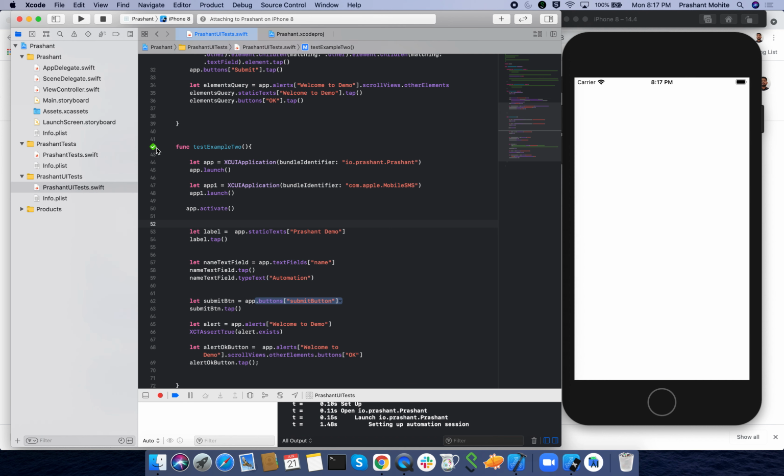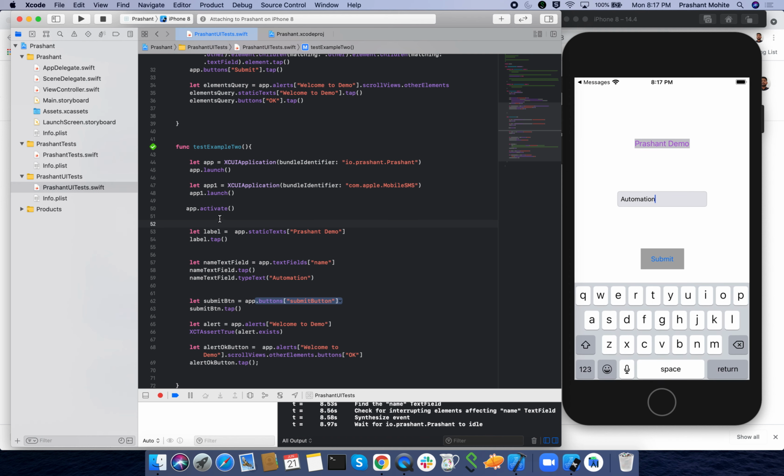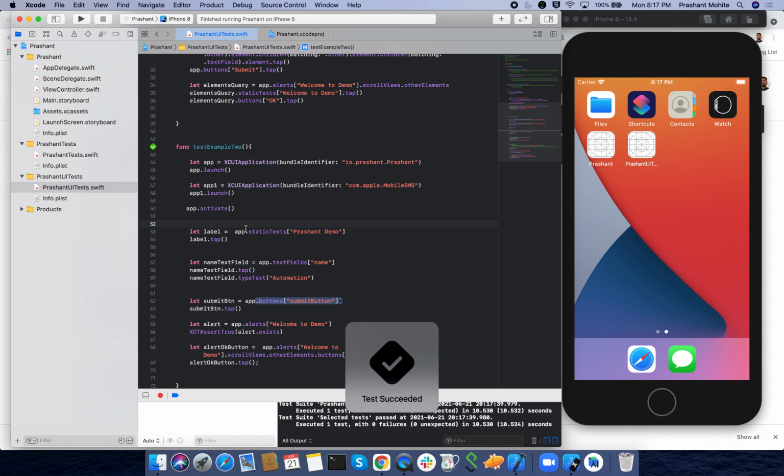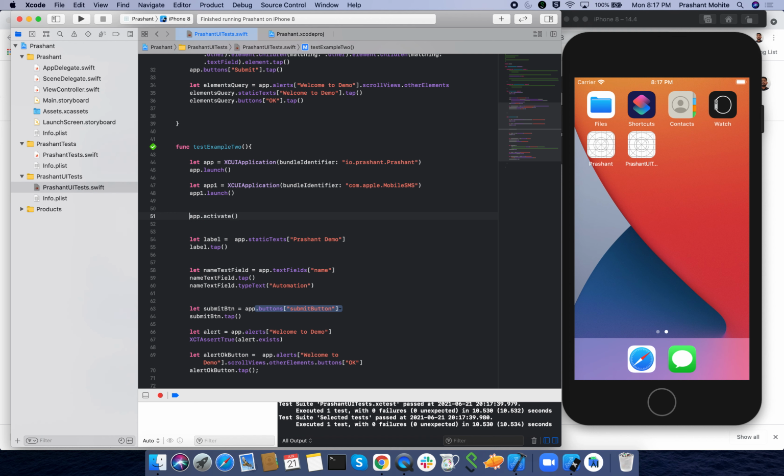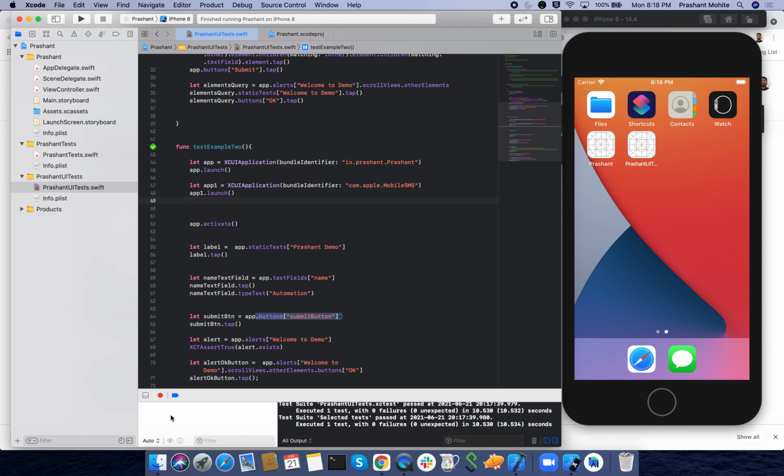Now see, first this application is launched. Now second, the SMS one is launched. Now again I have activated these ones, so my test case is executed, right? So this is used when you want to switch between the applications. Now I have only launched it, but if you want to do something on the SMS application, then you can do it also. Let's record maybe a few things, once this is launched. Okay, there you go.